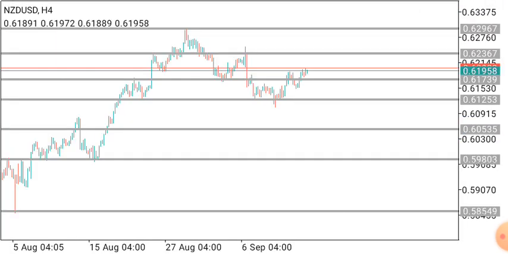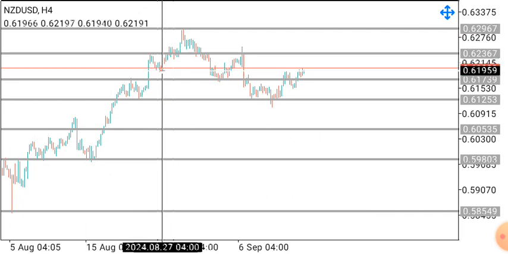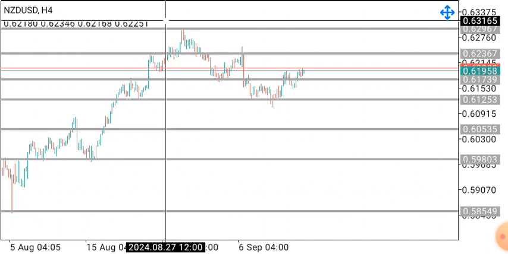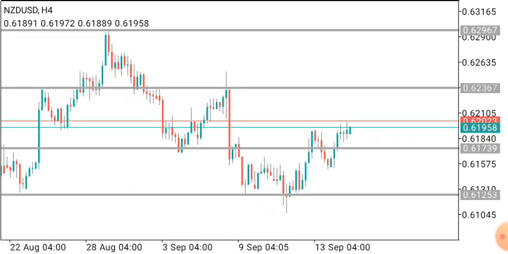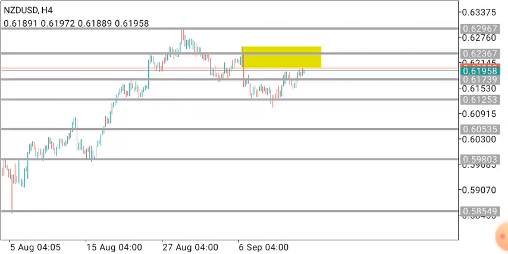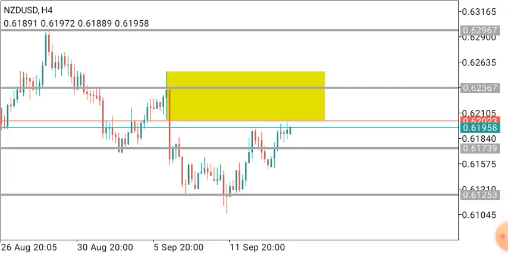Very nice, similar types of moves to that caused a change in the market behavior and the trend. Here we also experienced that head and shoulders that brought the market straight down with inefficiency, leaving us our nice order block here, which is very similar to AUDUSD. So I think the market will behave in a very similar way, shooting all the way to the upside to